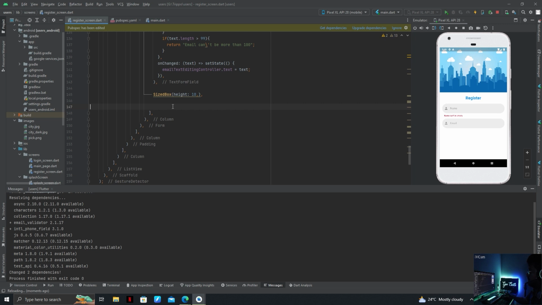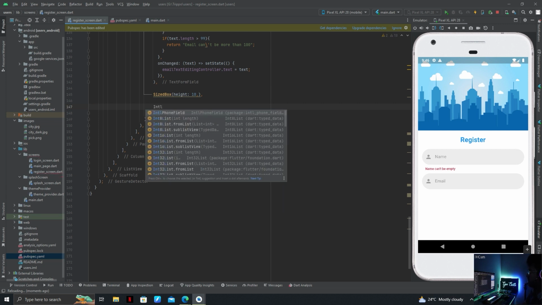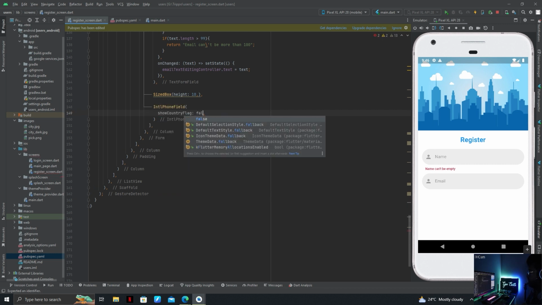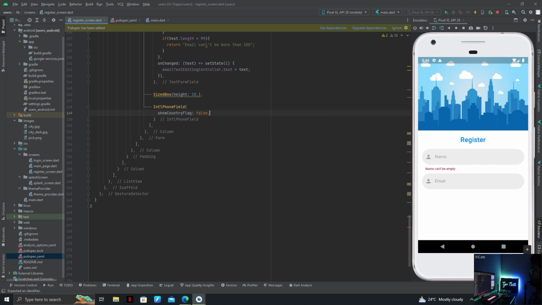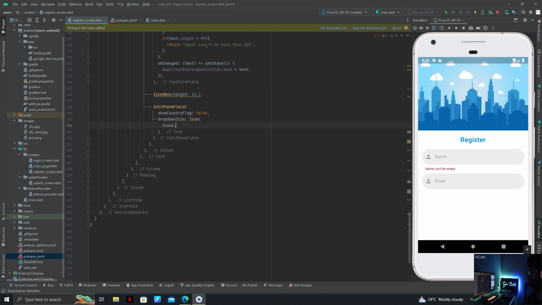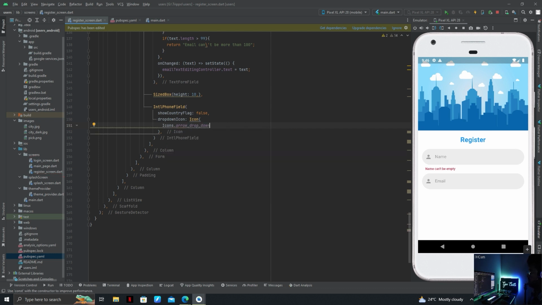And after this we have to add another field. I'm going to minimize this so you can see properly. INTL phone field, show country flag. I don't want to show any country flag here, so I'm going to use drop down icon, icons dot arrow drop down, color dark theme,